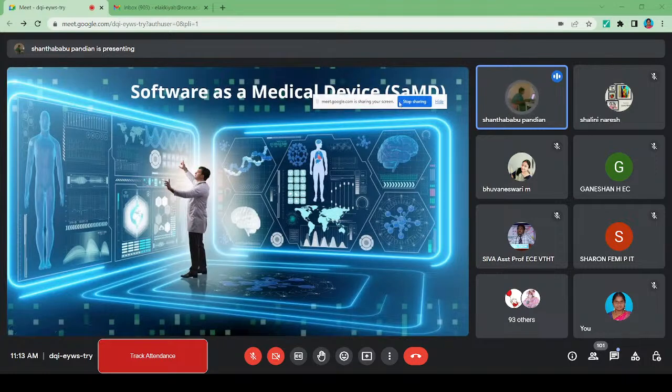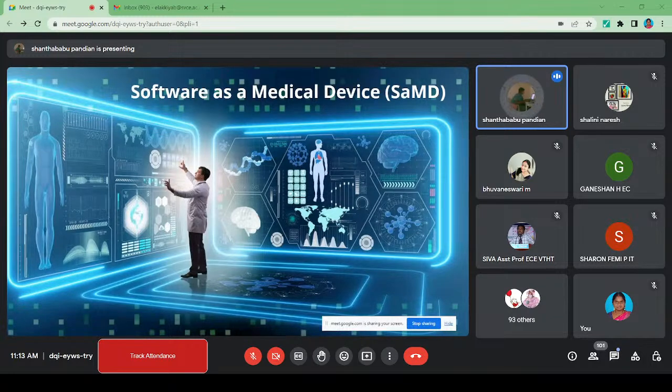All right. So all these things nowadays we call software as a medical device, SaMD, right? So we have cloud computing. In cloud computing, we are just deviating from the discussion here. Basically, software as a service, infrastructure as a service, data as a service, and platform as a service. So there are so many services in the IT industry. We are undergoing that, we are adapting that as well. In the same way, software as a medical device is nothing but our AI/ML.